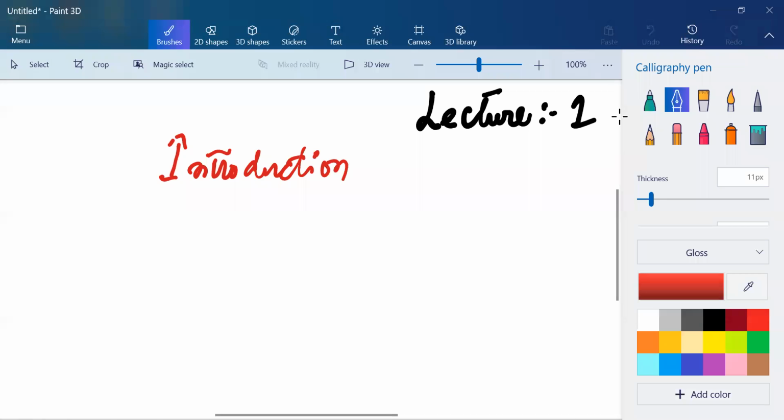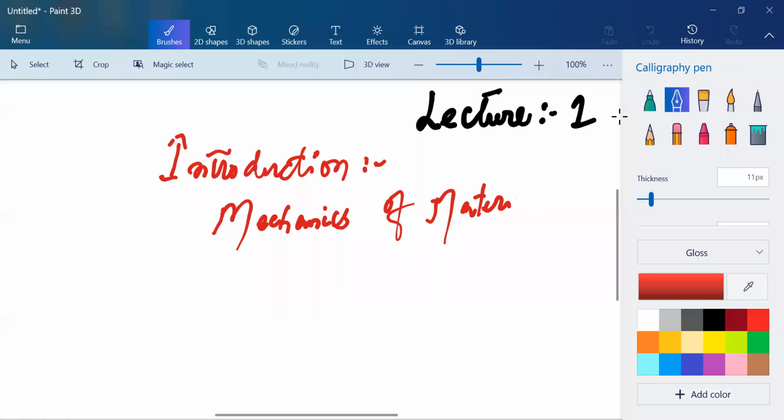The name of the course is mechanics of materials. This is the name of the course, and we say mechanics of materials one because in the university